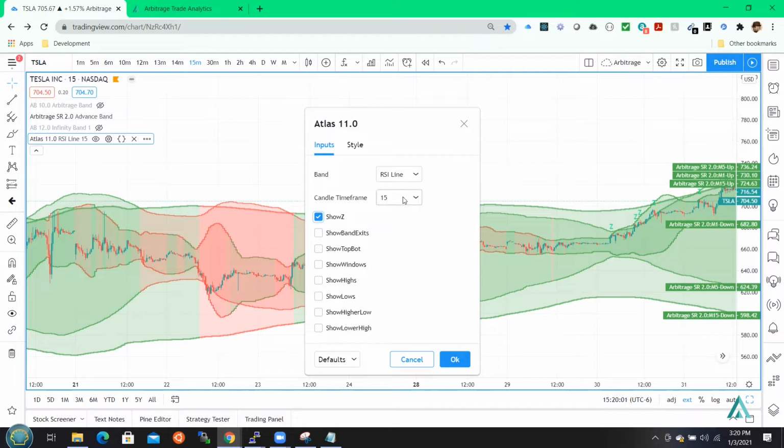You can make it show on multiple time frames if you choose to, but you do not have to. So for example, if I'm looking at the 15-minute chart and I have show Z, it's only looking for Z's on the 15-minute chart. If I'm someone who likes to play on the 1 minute chart or make sure I don't miss the Z's that are happening on the 1 minute chart, I can literally just set it to 1 minute, and then all of a sudden the Z's that I wasn't seeing